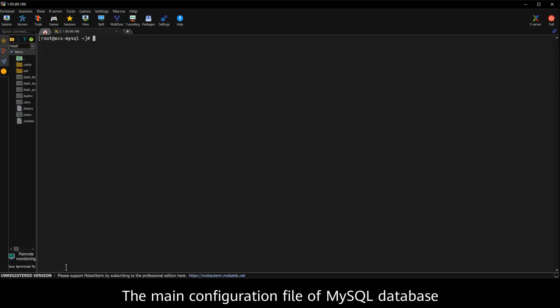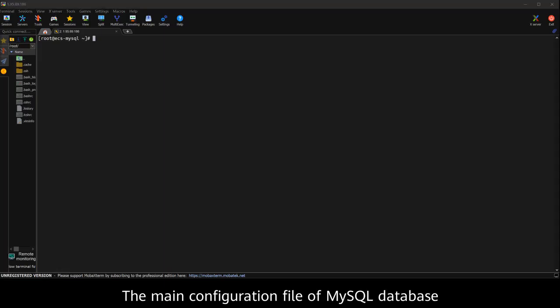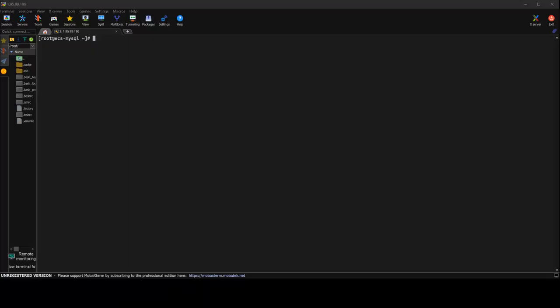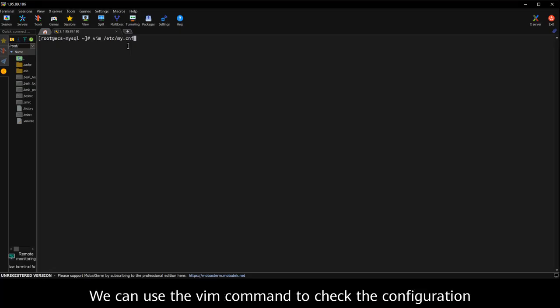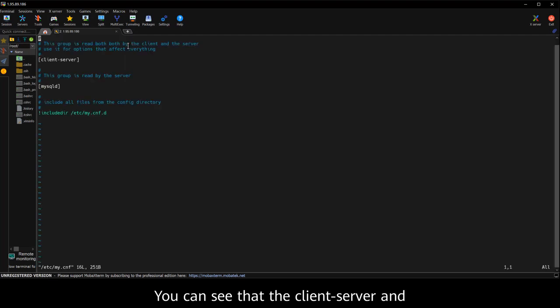The main configuration file of the MySQL database is /etc/my.cnf. We can use the vim command to check the configuration. You can see that the client, server, and mysqld are not configured separately. Besides this,